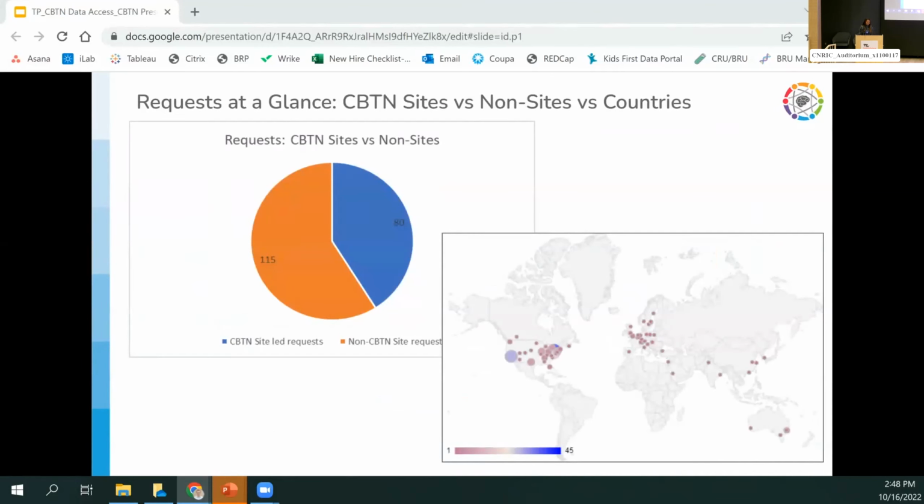The PBTA data is available to anyone around the world, and more than half of our requests come from non-CBTN researchers. We've also received requests from US and non-US institutions, including Canada, Europe, Australia, China, and the Middle East. And CBTN will continue to partner with as many institutions and countries that share our common goal of finding cures